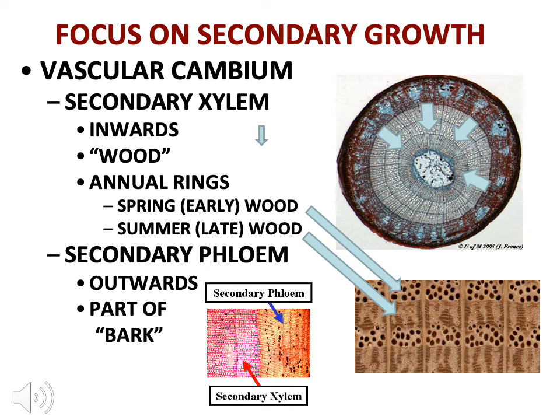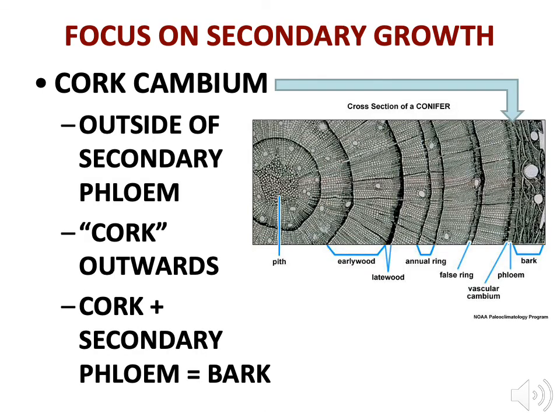and a secondary phloem layer immediately inside of that. That's what you and I would refer to as bark. It's the bark on a pine tree, it's the bark on an oak tree, it's the bark on a maple tree. Here's another view of a stem in cross-section, obviously demonstrating secondary growth because I see a number of annual